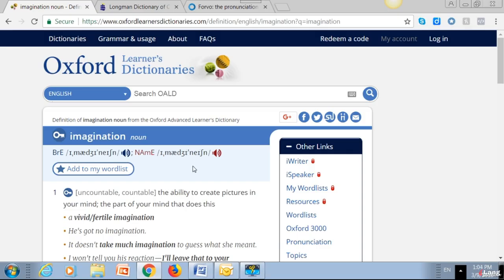But this is a long word. It also has a secondary stress syllable. So you'll find that marked at the bottom down here. Imagination. So the second syllable, madge, is pronounced as a secondary stress syllable.